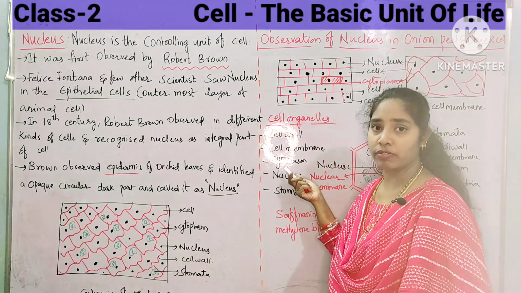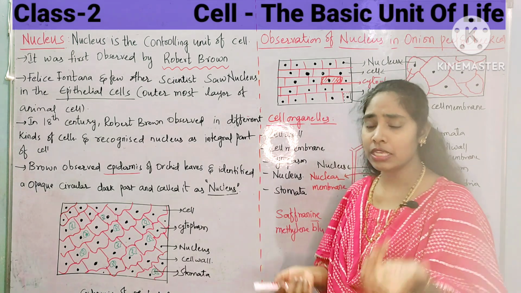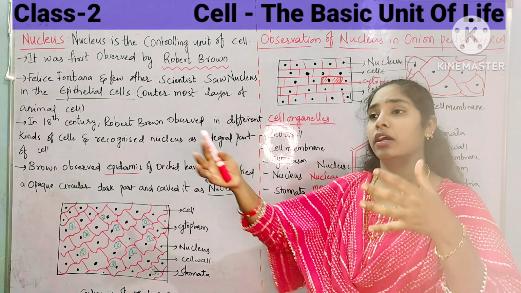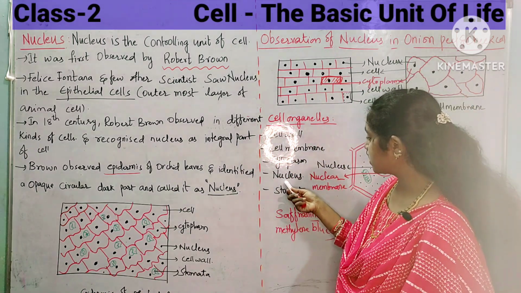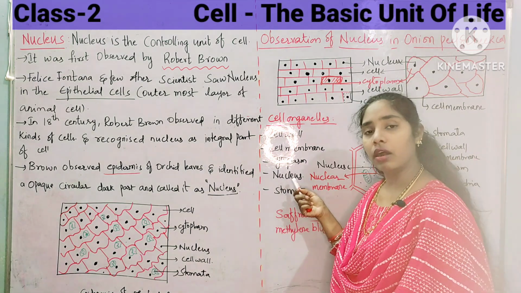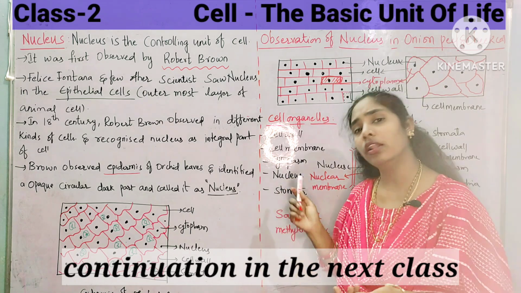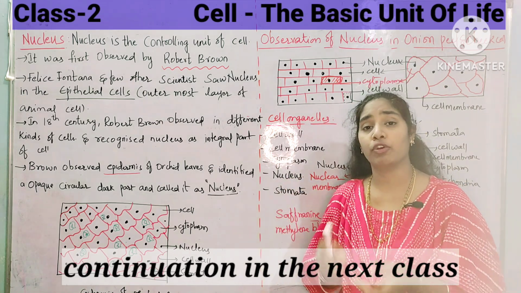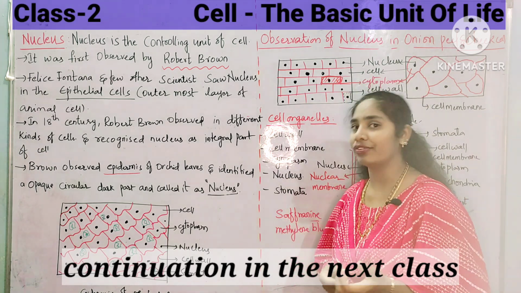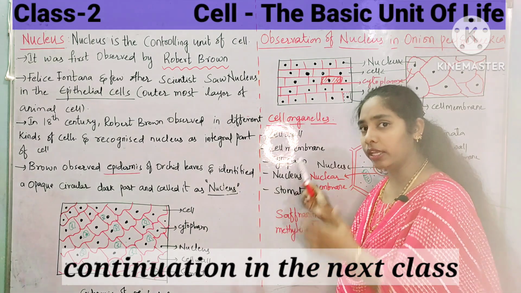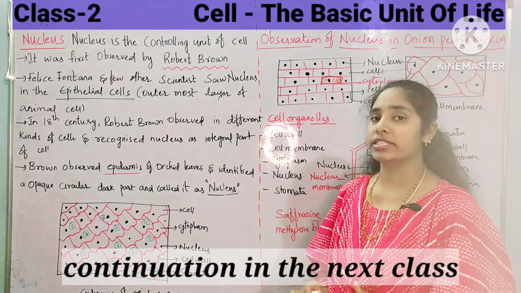Next to that, just now I said, it is the cytoplasm. Cytoplasm is a jelly-like substance, useful for the easy movement of all the cell organelles inside the cell. Next to that is the nucleus. Already I said that the nucleus plays a prominent role inside the cell. Almost all cells contain one, either in the form of a definite nucleus or an incomplete, indefinite nucleus. The nucleus contains genetic material. Next to that is the stomata. Stomata is helpful in transpiration.